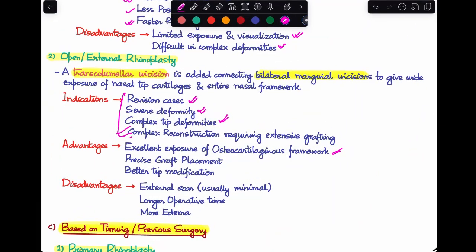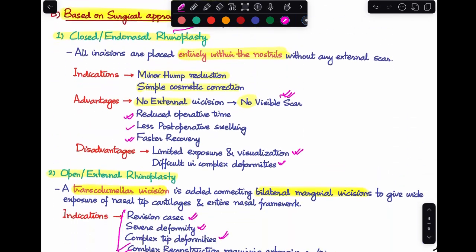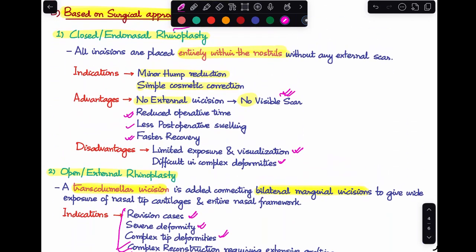And we also have a precise graft placement and we have better tip modification in this approach. Next, coming to the disadvantages, there is a small disadvantage here that we do get an external scar. However, the scar is usually very minimal. It's a small scar in the columellar region. And this surgery requires more operative time and it also has more edema. So this is about our second classification, which is based on surgical approach, where we divide it into closed and